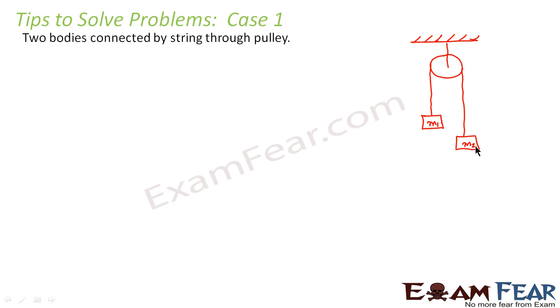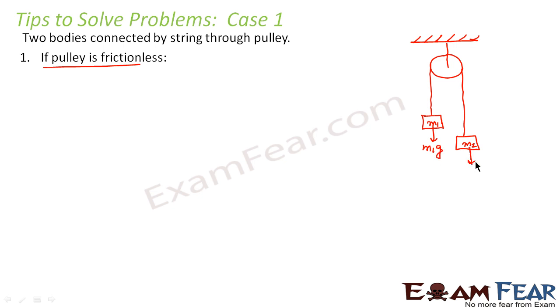So you will normally come across several types of numericals related to this pulley things. So we will give you certain tips which will be generalized, which will be true for all such pulley problems. First thing, if the pulley is frictionless, if the problem says that this pulley is frictionless, in that case, the tension of the two strings will be equal. Before I say that, let me explain. Let us suppose there are two bodies which are attached through a pulley. Now the forces which will be acting on the two bodies are, on this body there will be a force, that is a weight acting downwards, which is M1G.